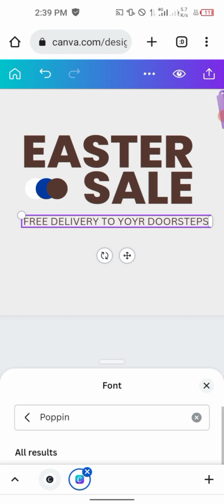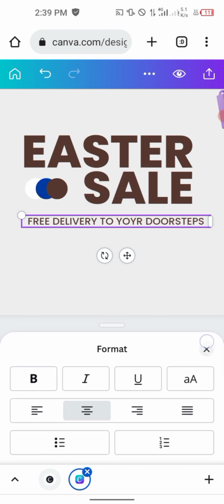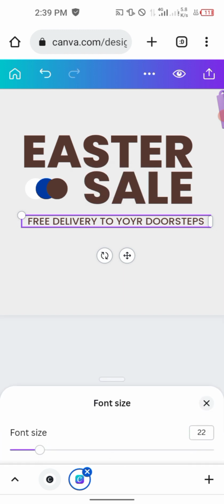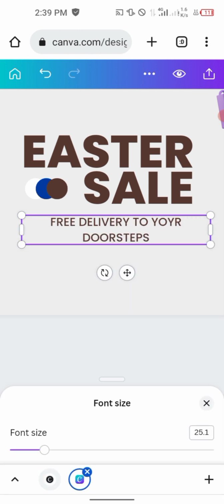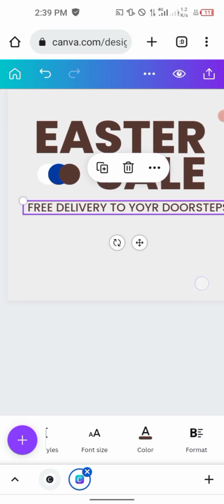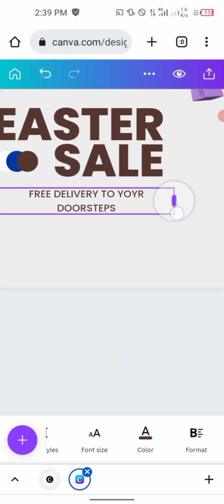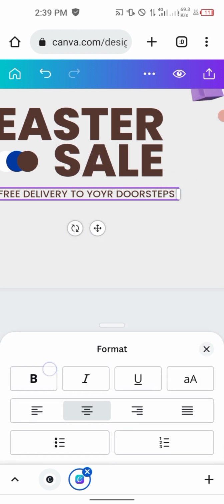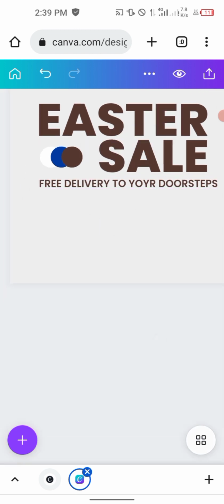Then head over to font and change it to 4 pins medium, and then make it bold. Okay, we can just leave it like that and change the font size of it to be 25.1. Yes, we can open it just like that. Or we can just leave it at that 22. We are using 22. Let me just leave it like that and make it to be bold. Yes, and then make it up a little bit. So after doing this, we need to